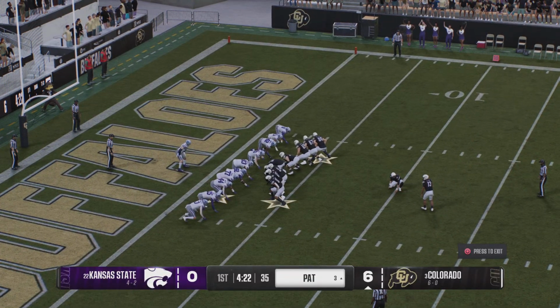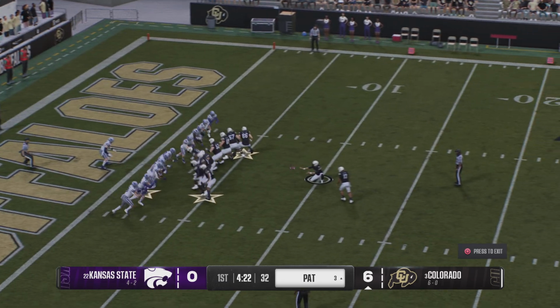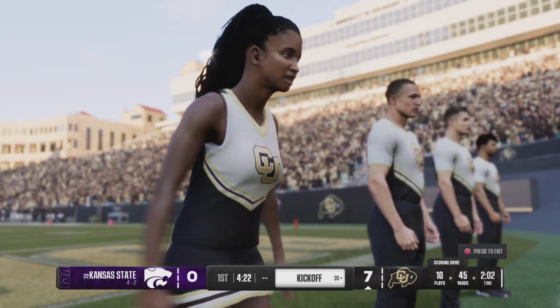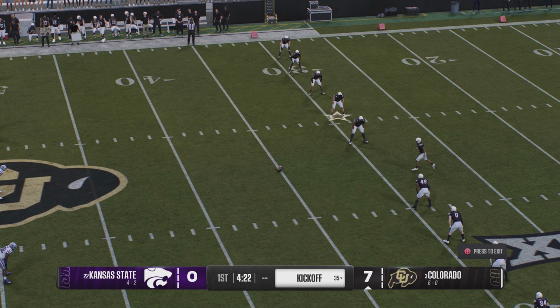And now they'll set up for the point after. Is on for the extra point. PAT makes it 7-0. Getting set to kick the ball off now. That makes the score